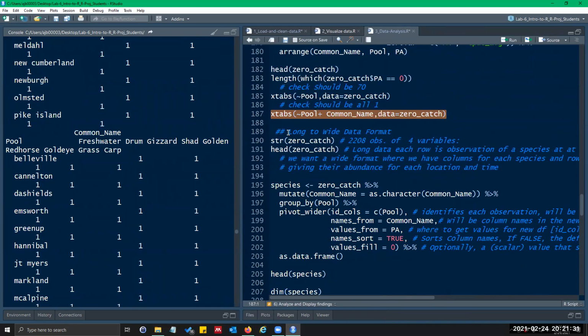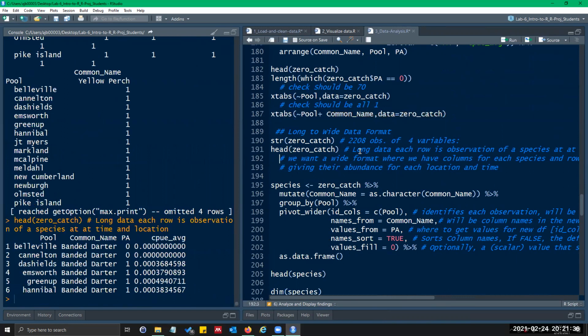So in order to calculate species richness, we need to go from long to wide format. And right now we have it in long format. What that means is each row is an observation of, say, pool, species and whether it's present or absent.